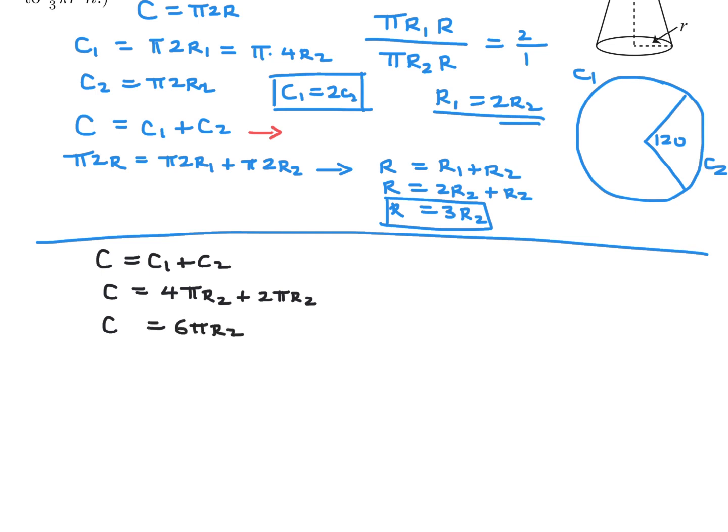And then the C is pi 2r, 6 pi r2, so therefore r would be equal to 3r2. Okay, great, which is exactly what I got there. So I think I did double the work for no reason. But then we can use this fact to figure out that r is equal to